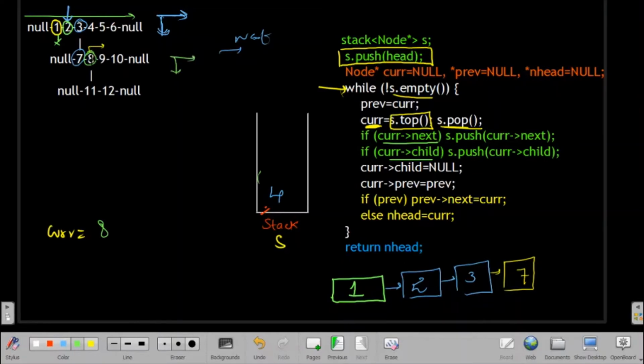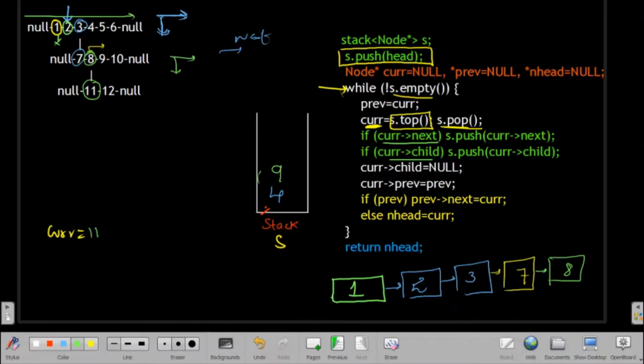So first I will insert the next node, that is 9, and after that I will insert the child node, that is level. After that I'll come out of the loop and again I will remove level and store level here in the current node. So we haven't created a node for 8, right? So we will create one node for 8.